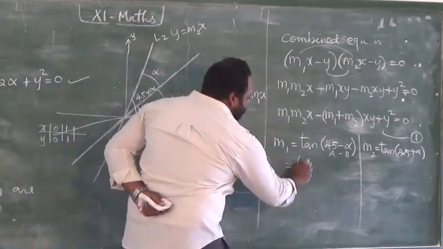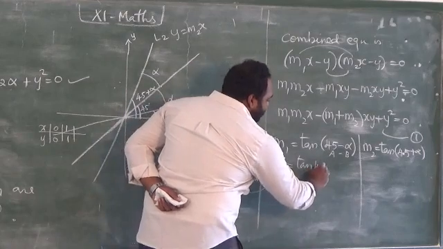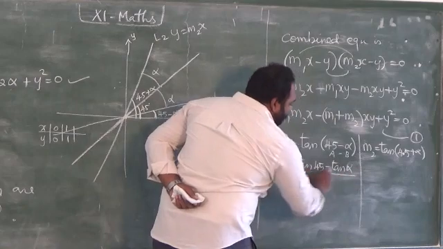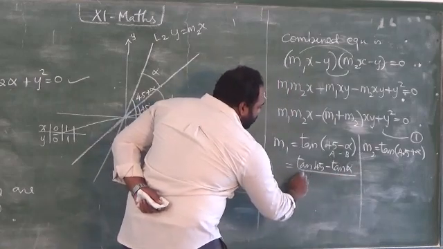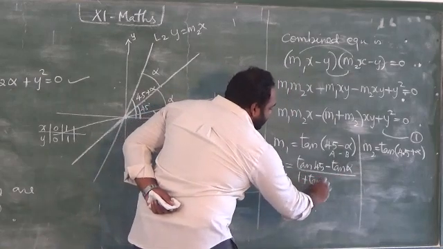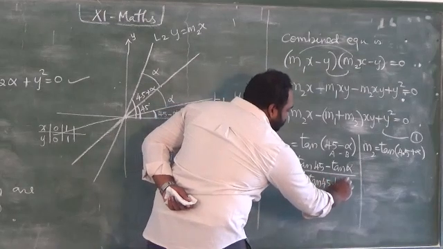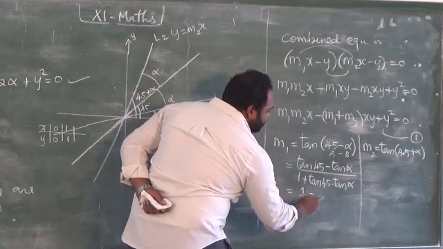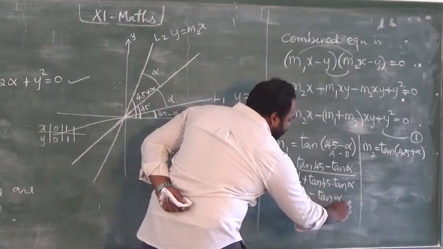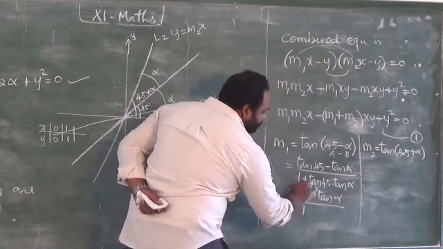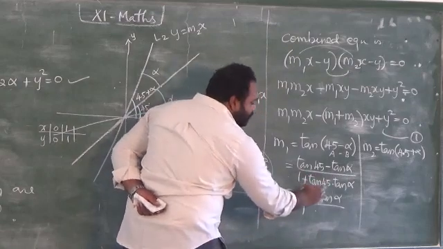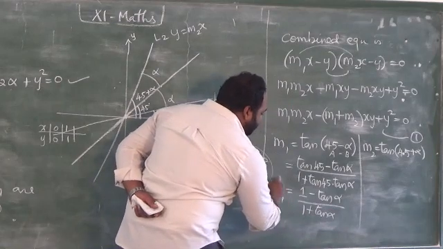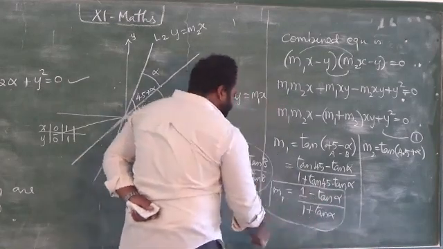If I apply it here, we get (tan 45 minus tan alpha) by (1 plus tan 45 into tan alpha). Here the tan 45 value is 1, so we get (1 minus tan alpha) by (1 plus tan alpha). So this is the value of M1. Next, for M2,